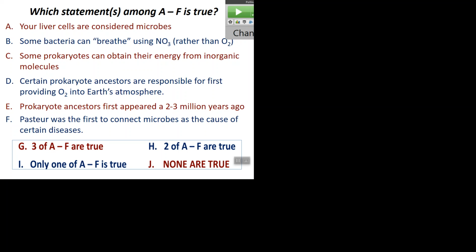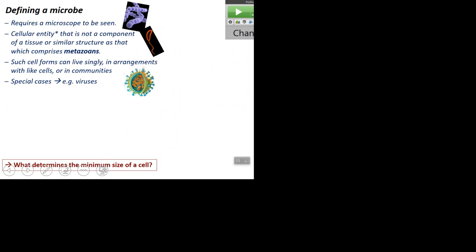So let's look at that, basically defining a microbe. It's not often the case in biology, I'm sure you've found out already, that everything fits a black or white answer, that it's always only this or always only that. There are going to be some overlapping areas, some gray areas, what seem to be contradictions. Just be aware that things may follow a certain trend, but you can have some oddballs here and there.